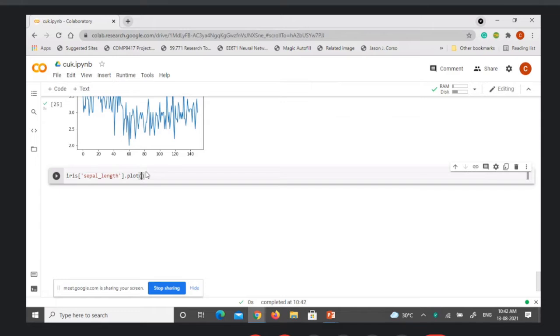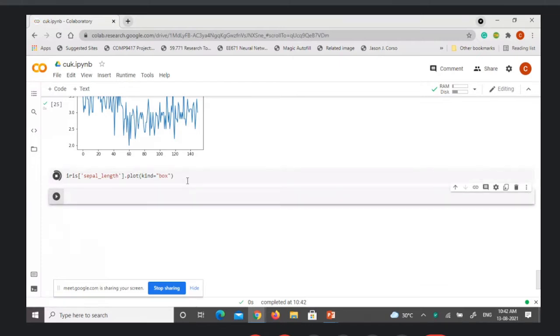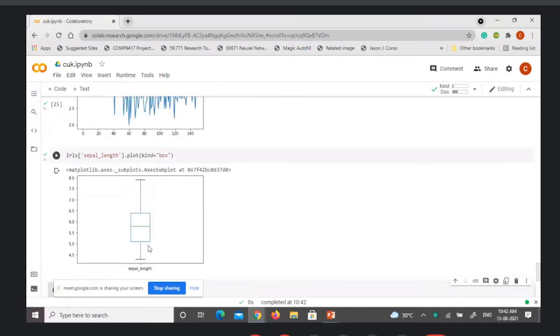Now, we have another type of plot called kind box, meaning the kind of plot I want is a box plot. This will give this sort of information. These are the quartiles: the first is the minimum value, the last one the maximum value, then 25% of the data, 50% of the data, 75% of the data, and the final 100%.